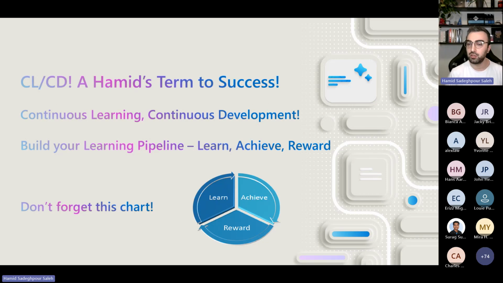What you can give as a reward to yourself after getting certified in this path is take a one week off and do nothing. This is your reward, and reward yourself with any kind of thing that you want to do. For instance, go out and have a drink, have a pizza and just reward yourself. Doesn't matter what you want to do. For instance, go to the cinema. This habit, this cycle, learn, achieve,